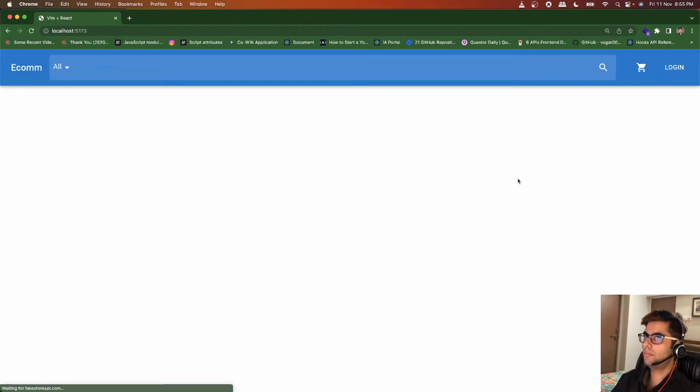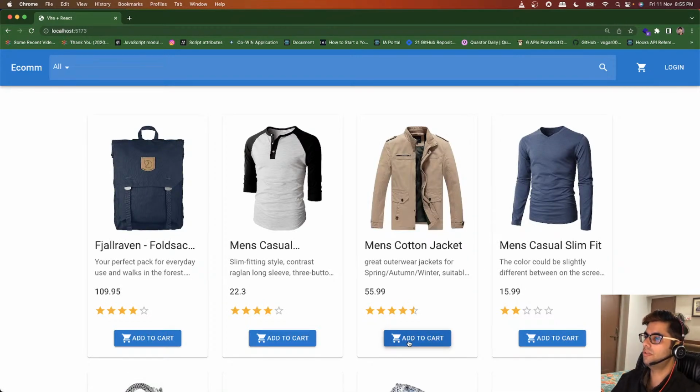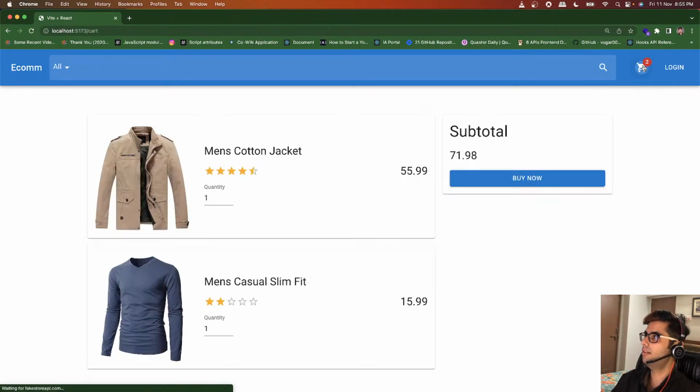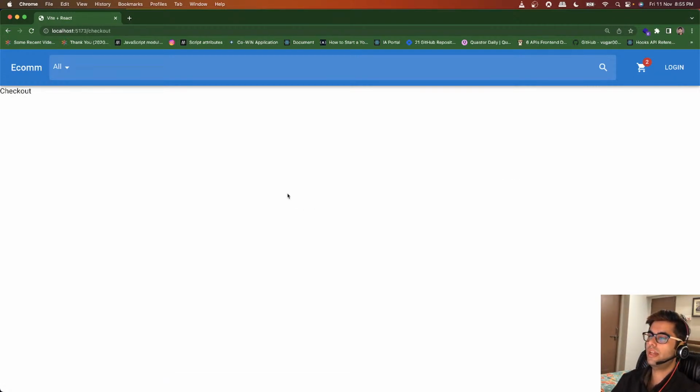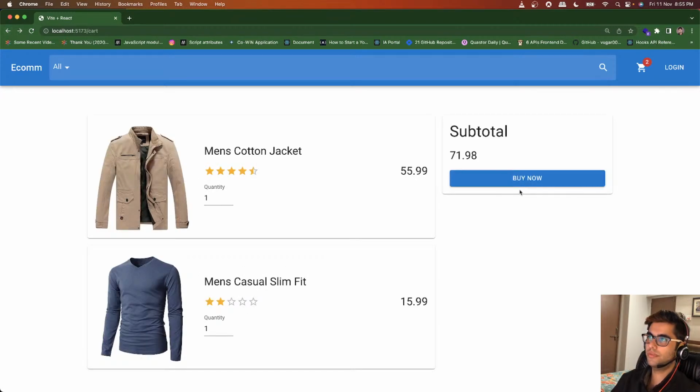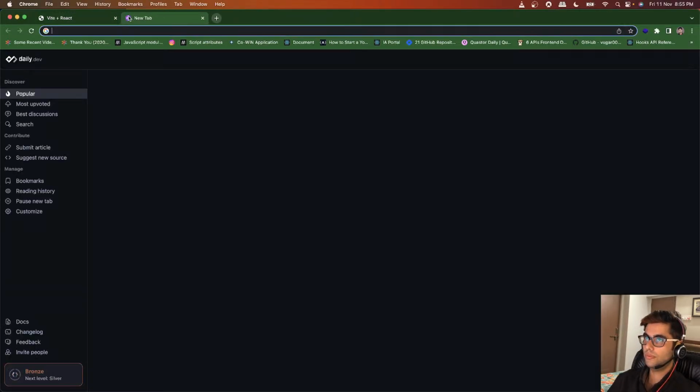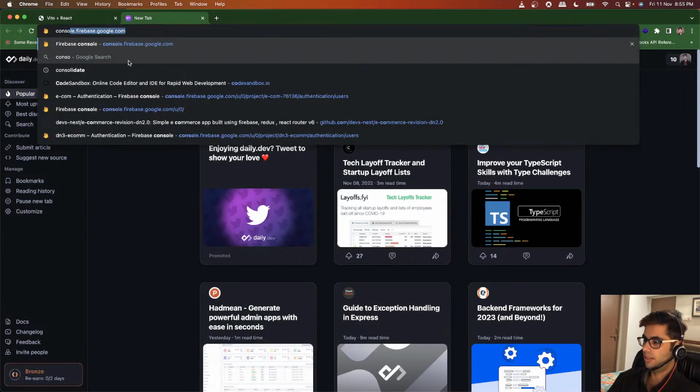So when we click on shop products, it should take us to the home page, which it is. Let's add something to the cart. And when we click on buy now, it is taking us to the checkout page. But what we want is when we click on buy now, we want to ensure that the user is logged in. In order to provide the user management functionality, we'll be making use of Firebase. All right, so let's see how we can add Firebase to our project. So for that, we will go to this site